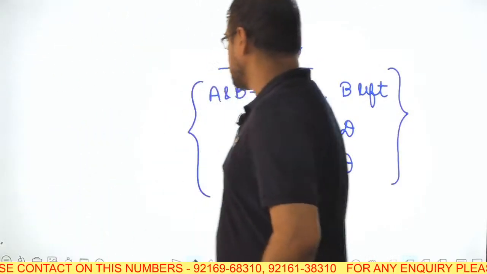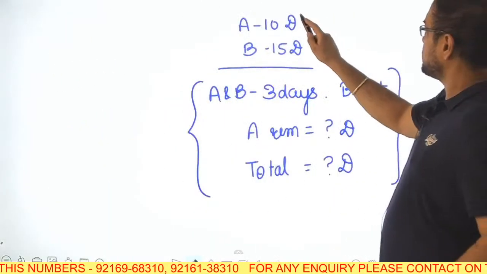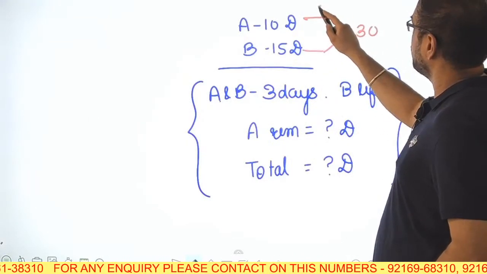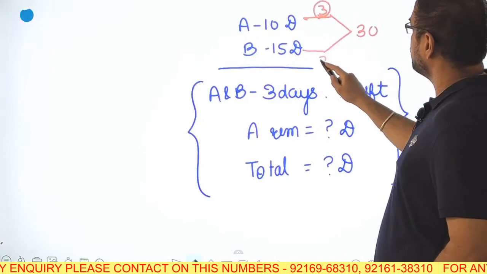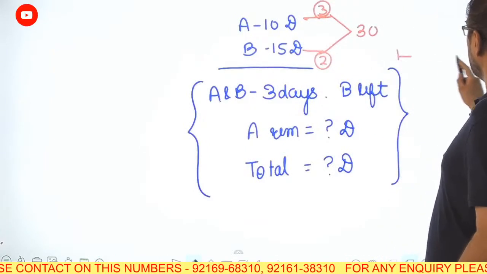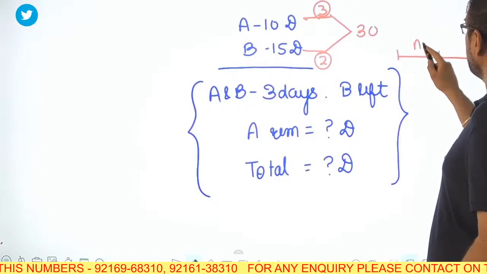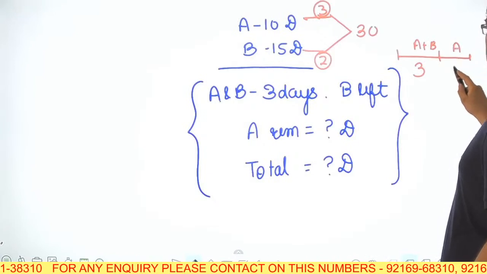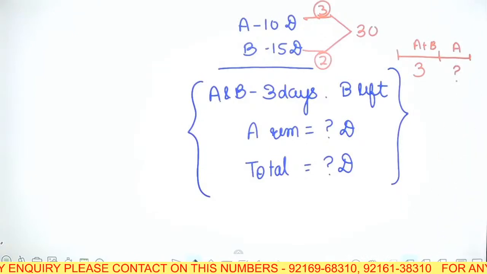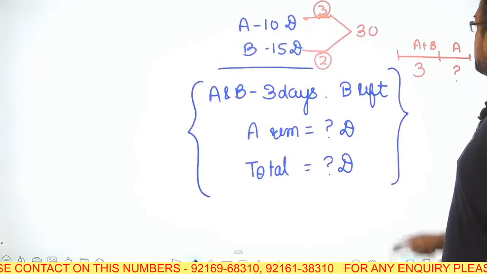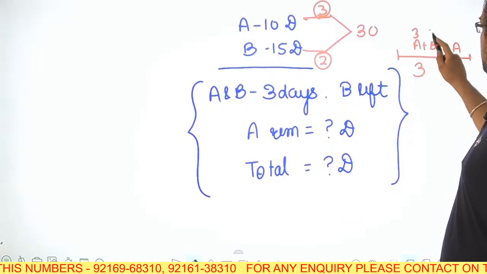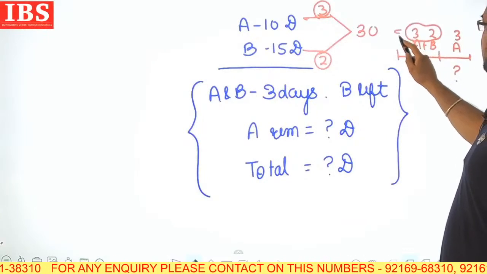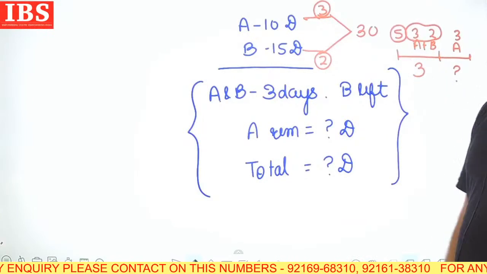Yes bacho, tell me. We first take the LCM of both these values. This is 30, so this is 3 and this is 2. We start from here. A and B worked for 3 days, then B left, so A will be working. A will do the remaining work in how many days? This is the question mark. This is 3 efficiency and this is 2 efficiency, and 3 plus 2 will become 5 efficiency. That means per day they will make 5 tables.